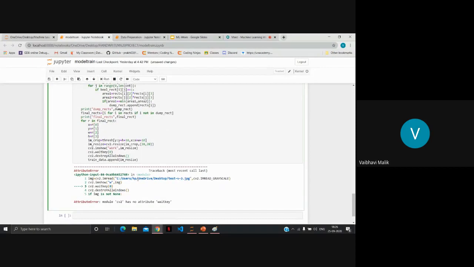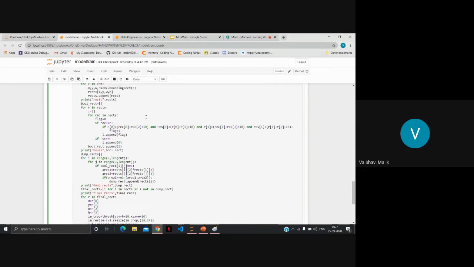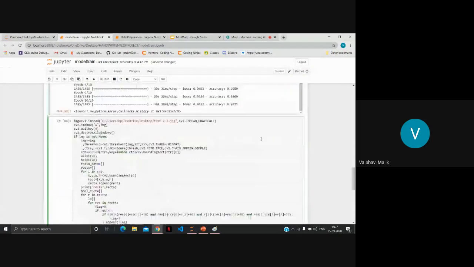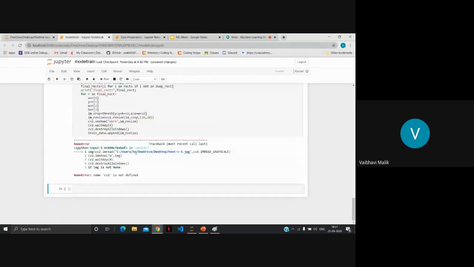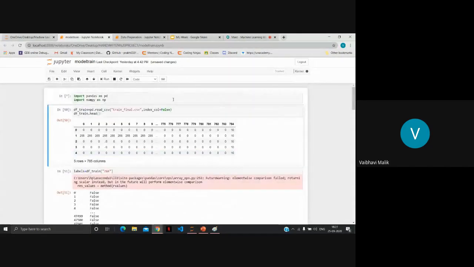Wait key 0. There might be a small error in this. Okay, so I have found the error. It should be this. Yeah, there it is, capital Y. That's why it is showing an error. Run it now, CV2. Okay, so we have to import, run everything again. It will take just a minute.